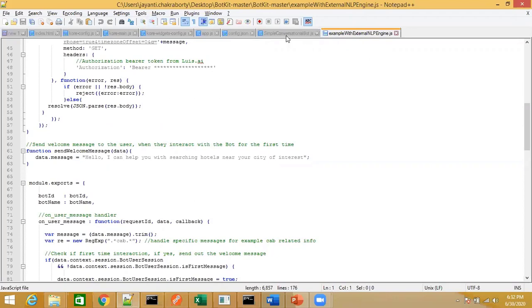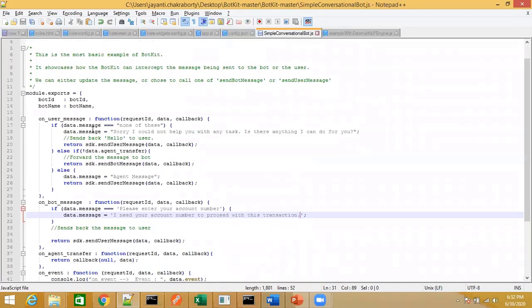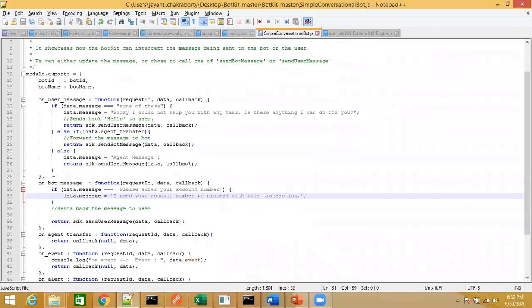Similarly, when I'm working with messages only, I'm going to use the simple conversation bot.js file. Within this file, I have the on user message event and the on bot message event. These events are already there. Also, dummy code is there which tells the developer which functions you can use.